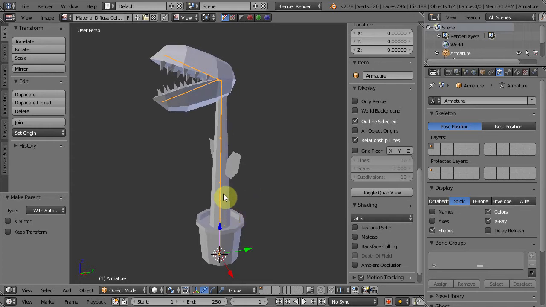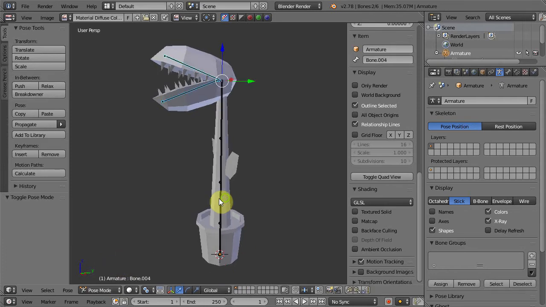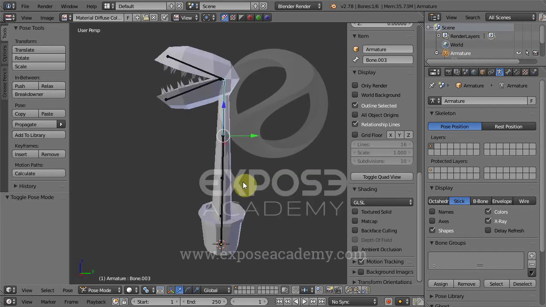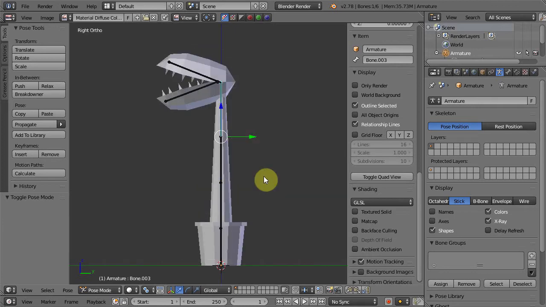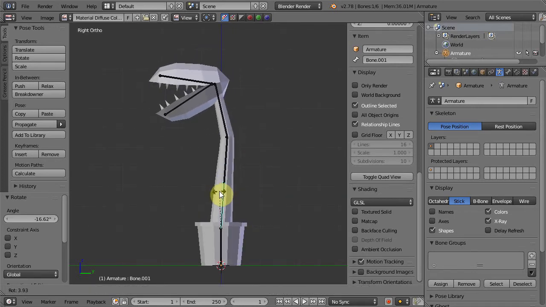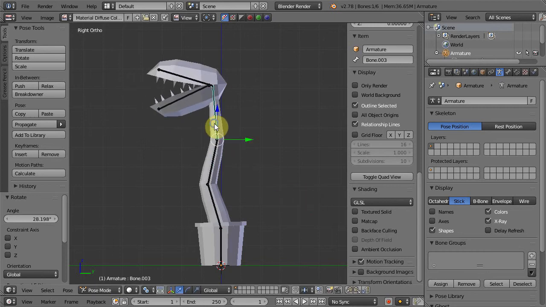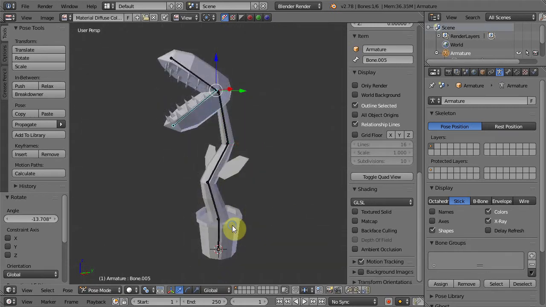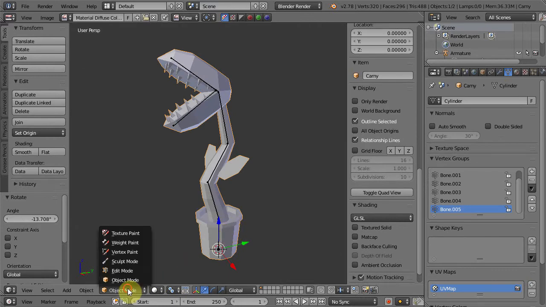Okay, now select the bone and go to pose mode. The pose mode is the mode that you use in the animation process. It allows you to select individual bones without breaking the original pose we have in the editing mode. Okay, let's do some rotation on the bones. As we can see, the automatic weighting has done a decent job, but we still need to fix several parts of Carney. Let's start with the pot area first.